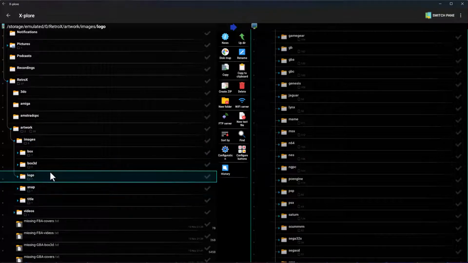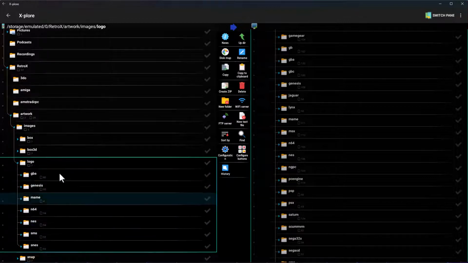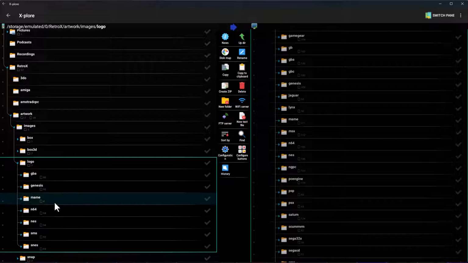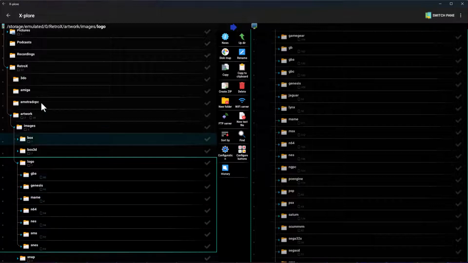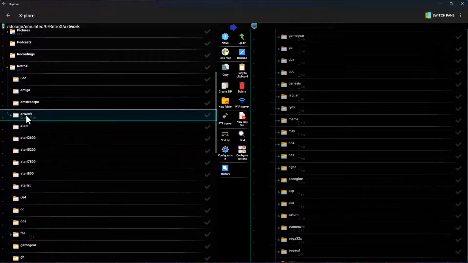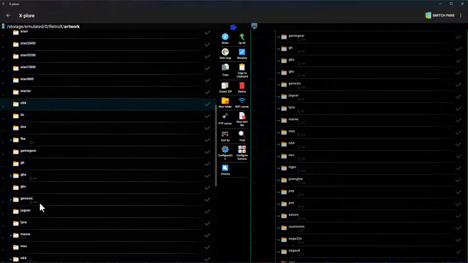And again, these folder names are the ones used by that RetroX collection method of adding games, so they all tie up. The artwork should be in the same folder structure as the game. So you can see here, if I close the artwork folder, here's all the folders that contain our games, under Genesis. So where I say the artwork's got to match,